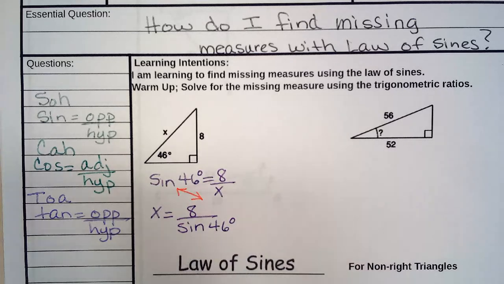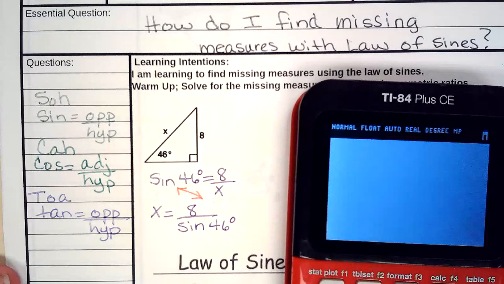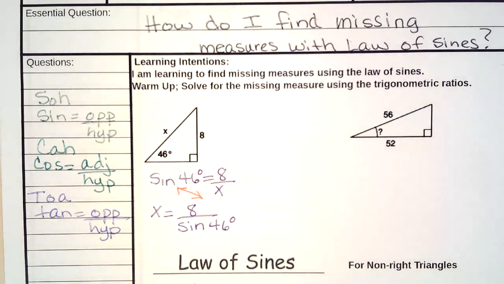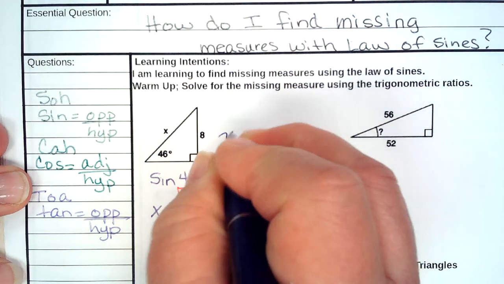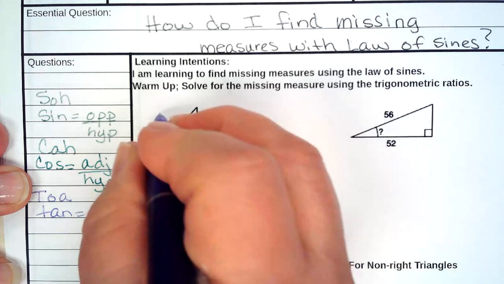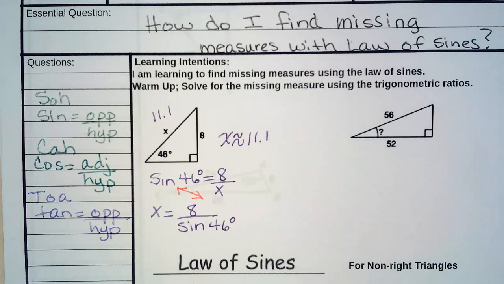Putting it into our calculator, you end up with about 11.1. Now, to be more accurate, we'd go out several more decimal places, but we're just making sure you know the